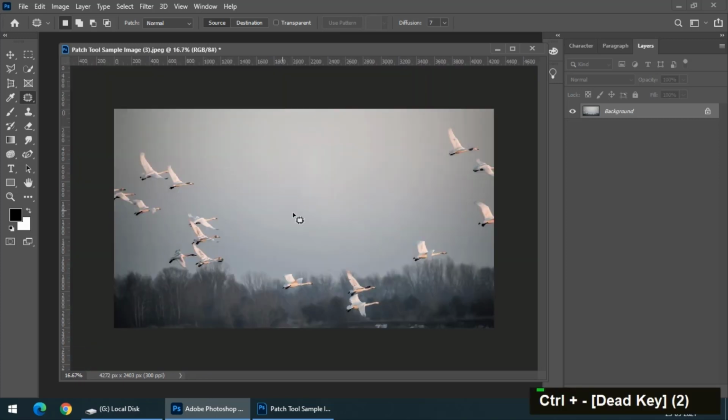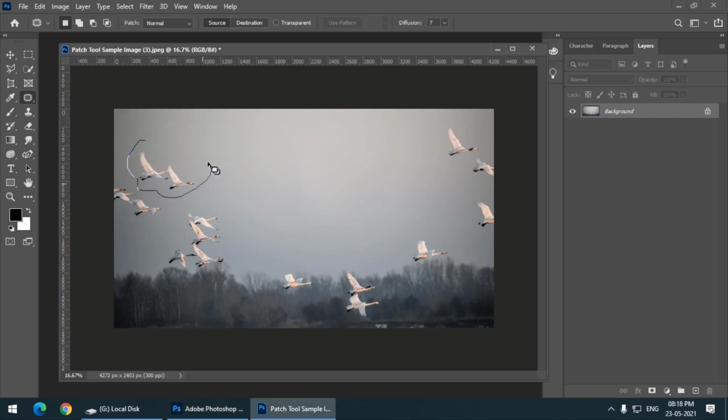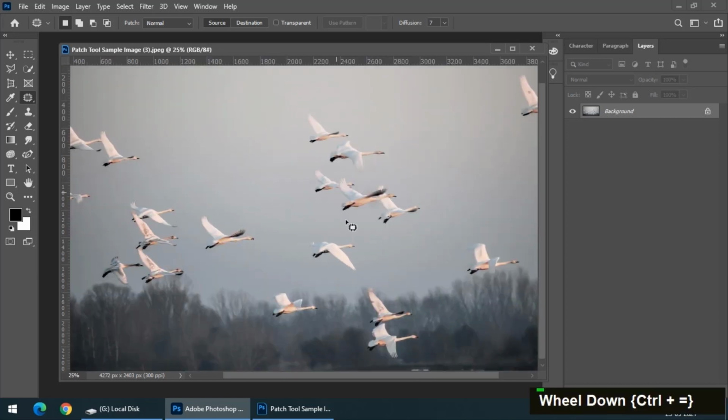So we can simply remove the unwanted pixels, as I have removed plenty of unwanted pixels from this image. Again we can do some more, and we have selected this source option, so this will remove the unwanted pixels. So this was the original image and this is what we have done. This was pretty seamless, but what happens if the background pixels are not similar?